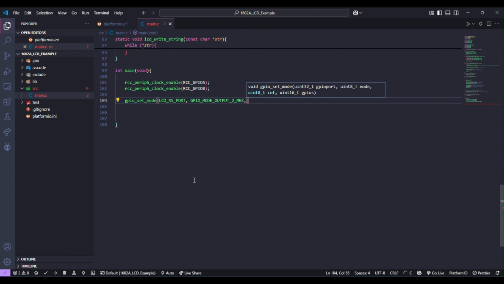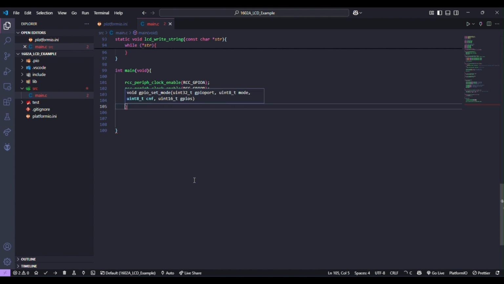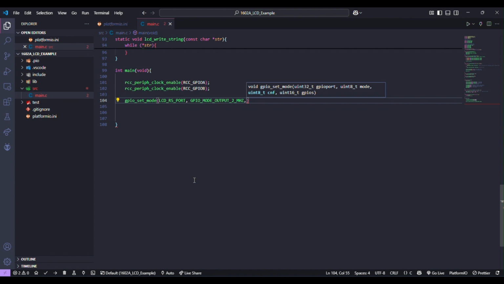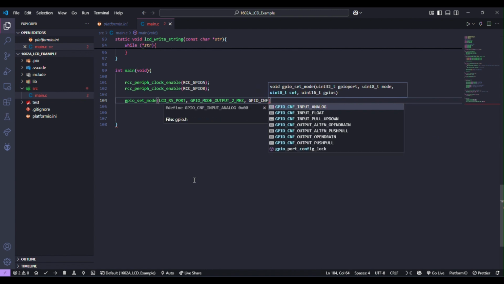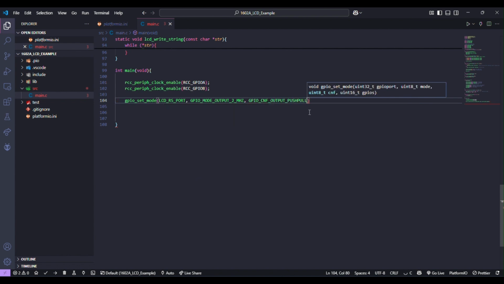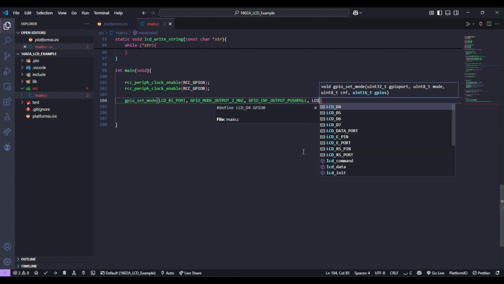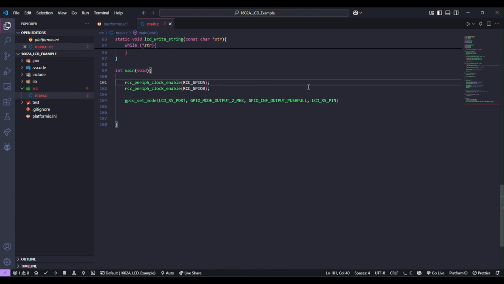Let me just make sure. Okay, so then, oops, no, that's not what I meant to do. Then GPIO, the function is CNF, output push-pull, yeah, here it is. Okay. And then LCD RS pin. Okay, so this will set our RS pin as an output, and we need to do the same thing for the